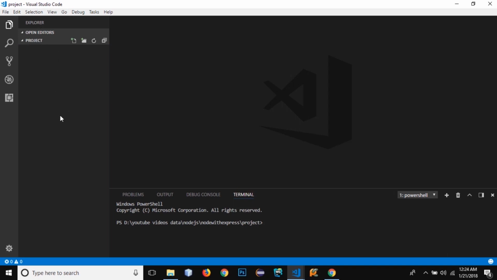So what I'm gonna do is, first of all, I need to download Node from the Node website. You can download the latest version of Node and install it in your system with the default settings. Along with Node, it will also install npm, called Node Package Manager. Node Package Manager is used to install different modules of Node, and Express is also a module of